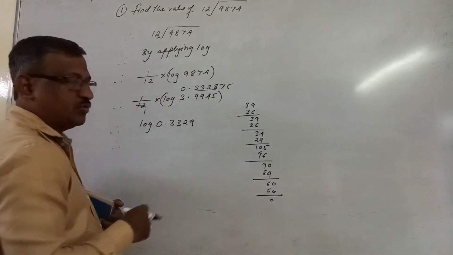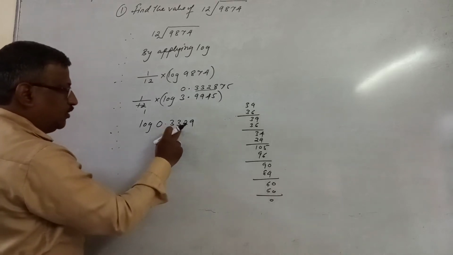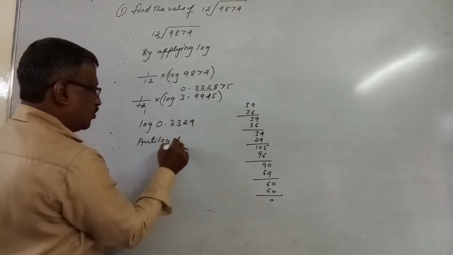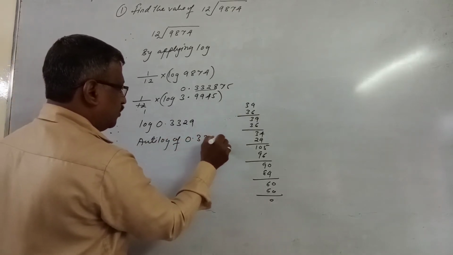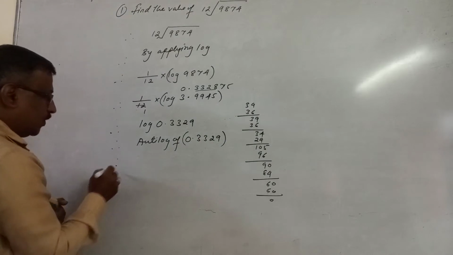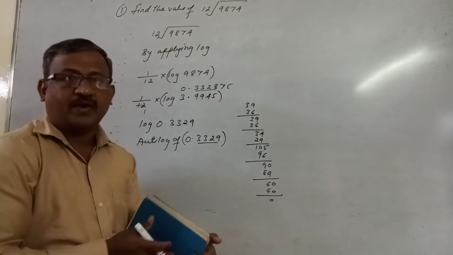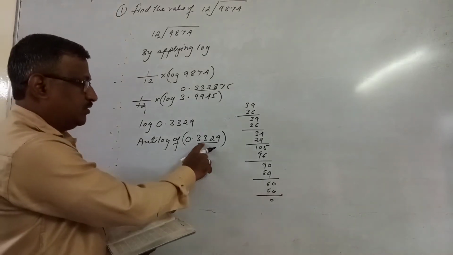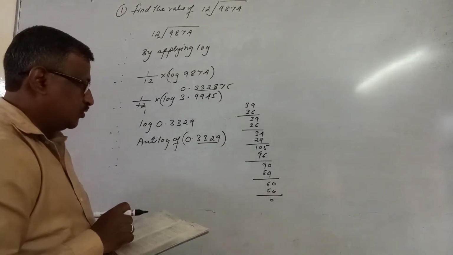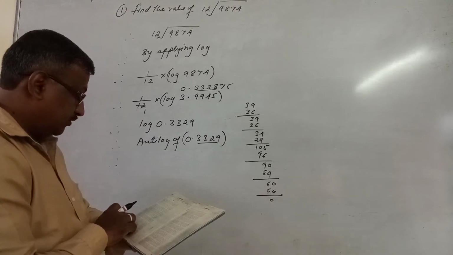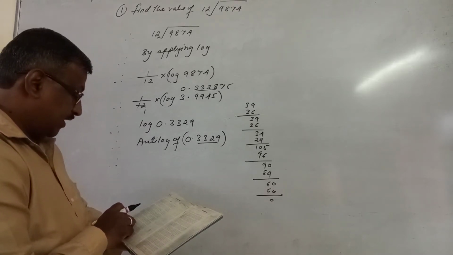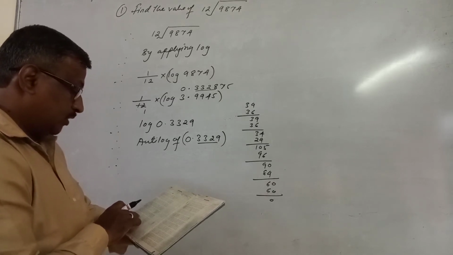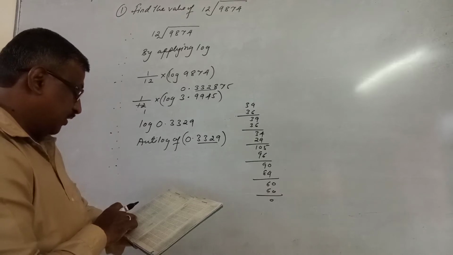Now I want the answer, so you have to go for anti-log. So see the anti-log of this log. Here I write anti-log of it is 0.3329. Now refer this fractional part and find out the value from the anti-logarithm. In the anti-log you have to see 0.33 second column, mean difference 9th column. 0.33 second column you will get 2148, and mean difference 9th column is 4. So add that, you will get 2152.